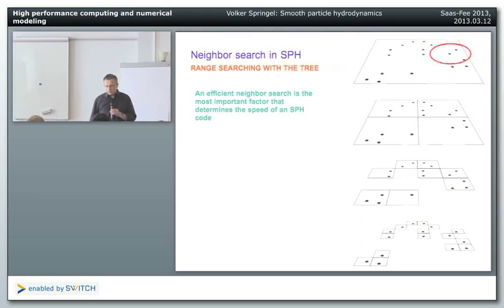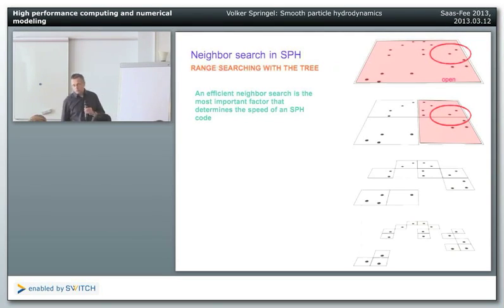Suppose you want to have the neighbors around this particle up there in this sphere. You look at the root node, compare it with this sphere, and say, oops, there's an overlap, a spatial overlap, which you can test really quickly. That means potentially in this tree there are particles in my sphere, so you now need to open this node and look at the daughter nodes. But you only need to look at 2 of them, because only those have a spatial overlap